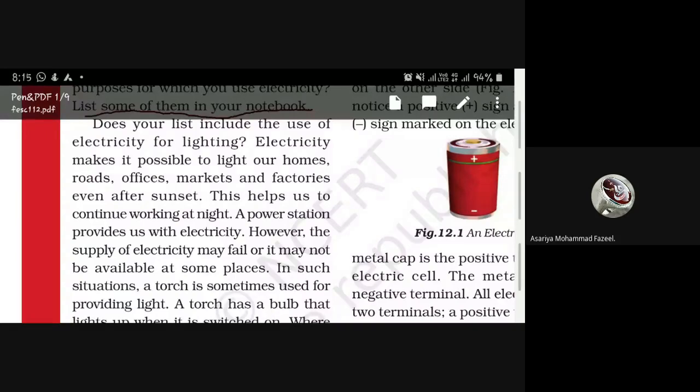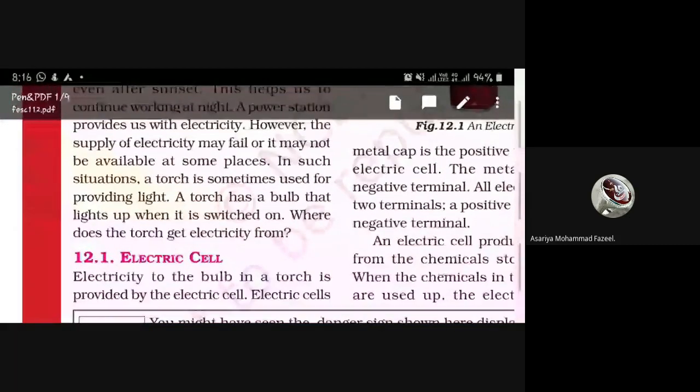However, the supply of electricity may fail or it may not be available in some places. In such situations,